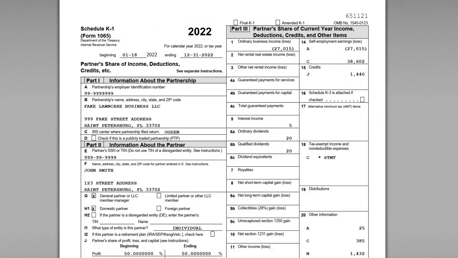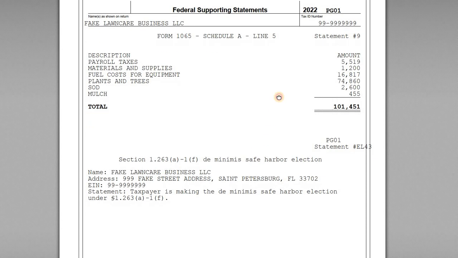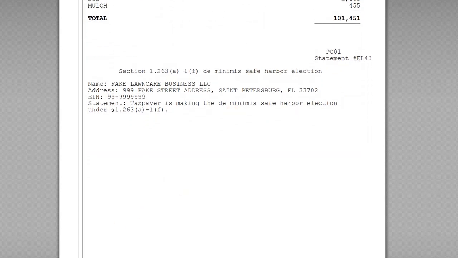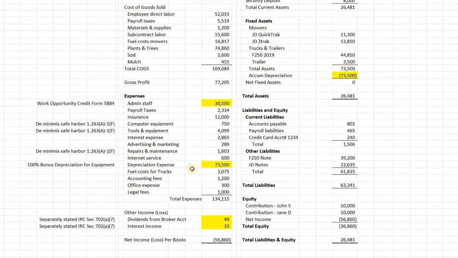All right, so the last item I want to touch on is the de minimis safe harbor election. So if we go look at our financial statements again, we have a variety of expenses here, computer equipment, some tools and other equipment. When you purchase assets that generally have a longer useful life beyond a year, arguably you should be capitalizing these costs and depreciating them. However, if the asset purchases are small enough in dollar amounts, you might qualify for the de minimis safe harbor election under